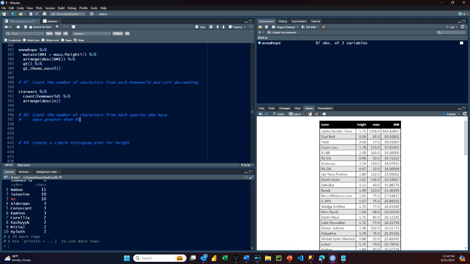Count the number of characters from each species who have a mass greater than 60. Well, we're going to keep using this count function. So Star Wars, and we have to filter out for mass greater than 60. Pipe that in. And then we can say count